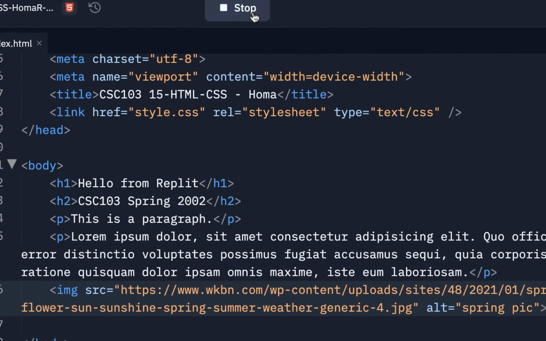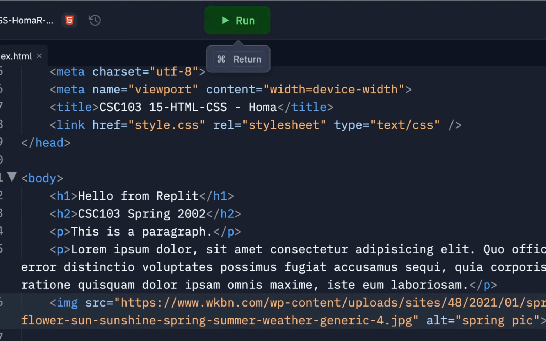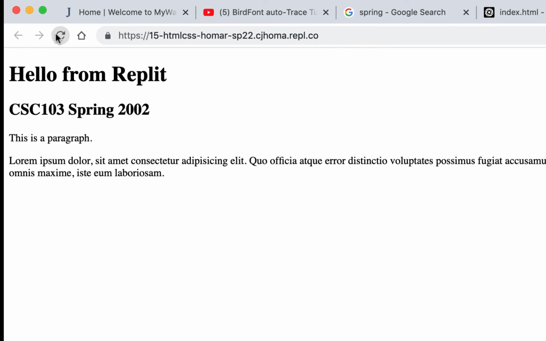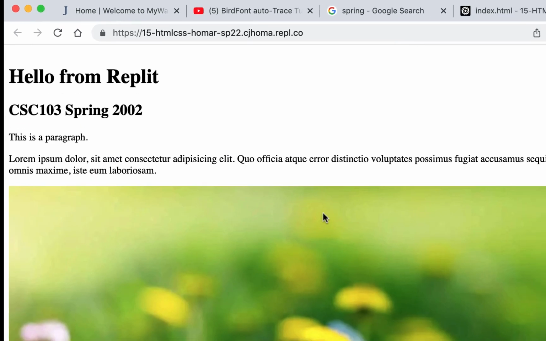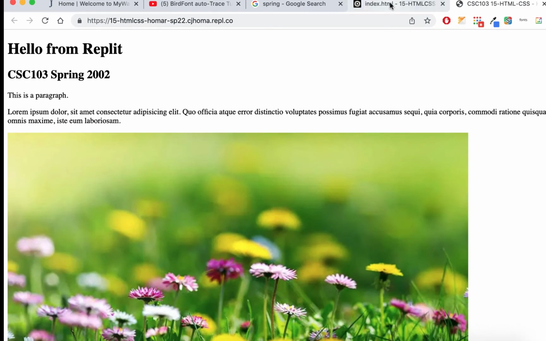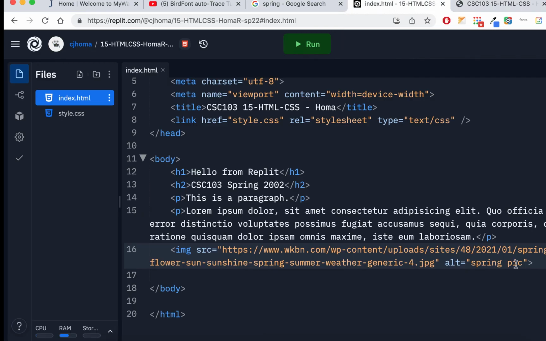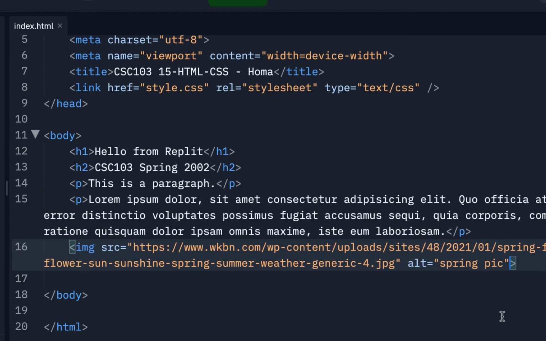Now, if I hit run, you don't have to hit run, but I get in the habit of doing that, and I go here and I refresh it, I'll see an image. Now, it's pretty big right now. You can resize it a couple ways. We'll do it with CSS, but right now you can also go in here, put another attribute, and I'll actually put it before the alt,